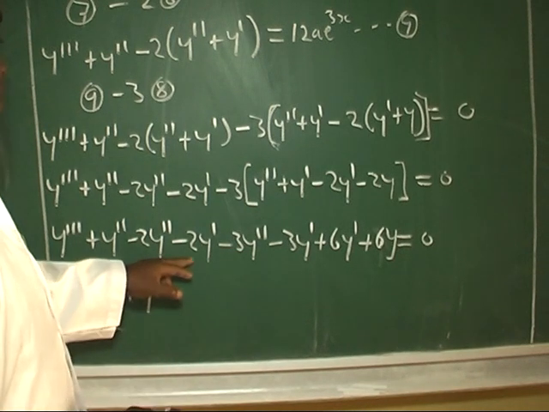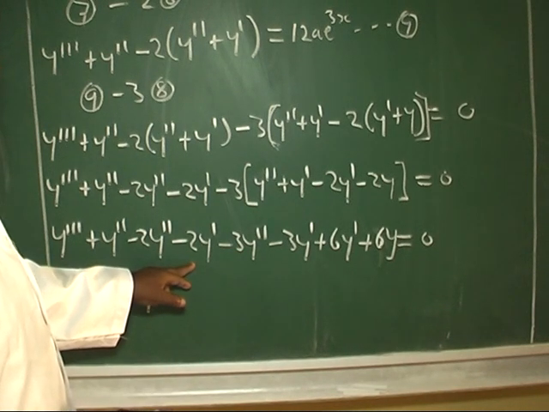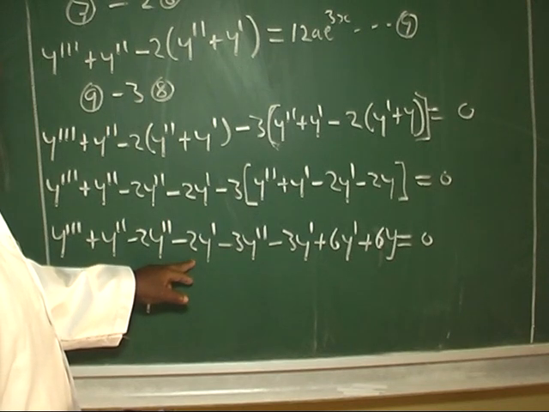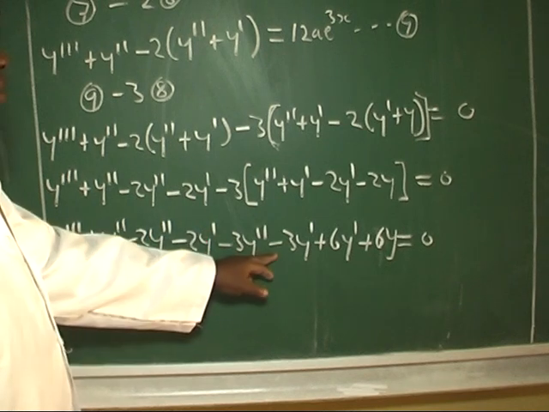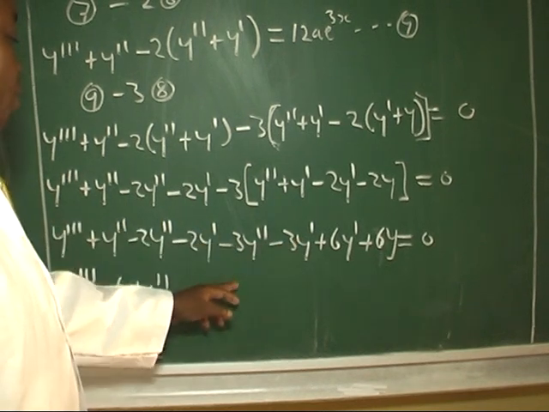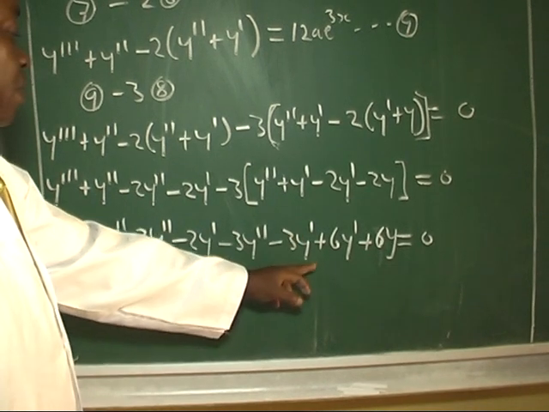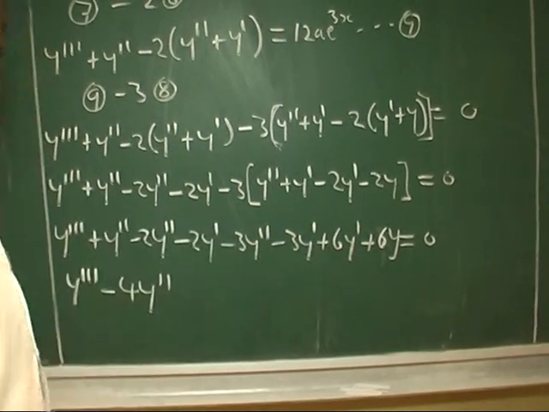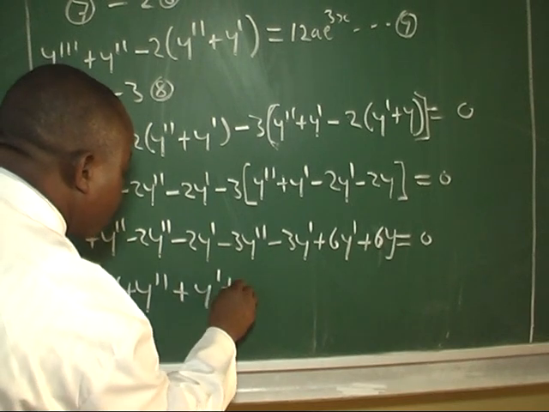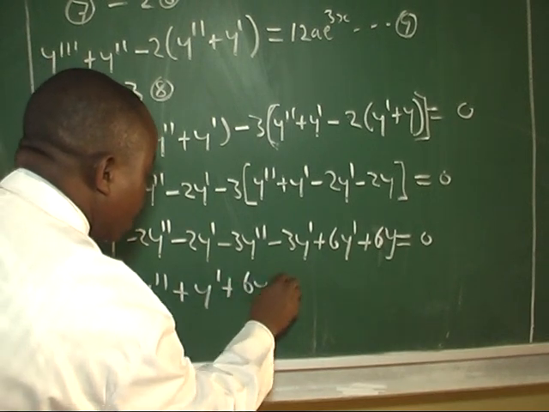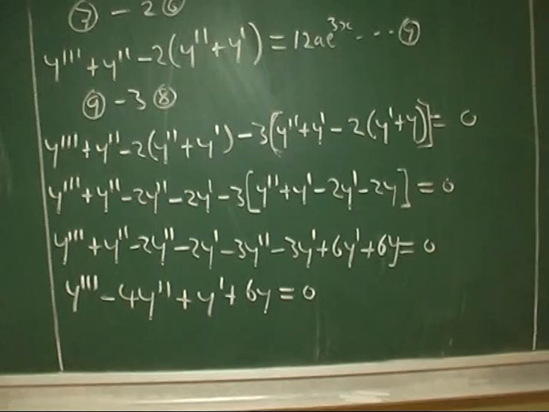Now we go for first order. First order here we have minus 2y' minus 3y', so that is minus 5y' plus 6y' will give us plus y' plus 6y equal 0,